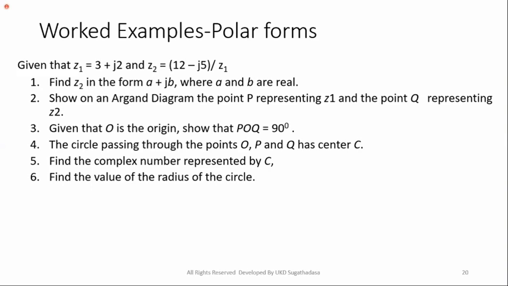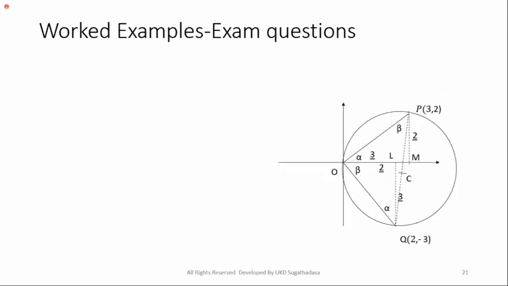Initially, find Z2 in the form A plus JB. That's the starting point. Without that, you can't do anything, you can't solve parts 2, 3, 4, 5. Right? How to do that first? Those who were absent the previous day, just try to understand now. Earlier there were 40 parts when they somehow left the session, because of the power cut. I can't control that, I had the power failure here.